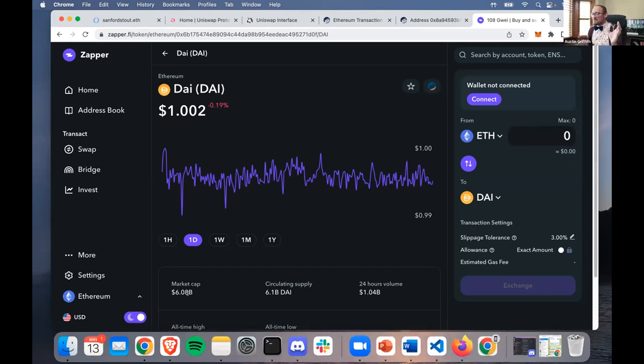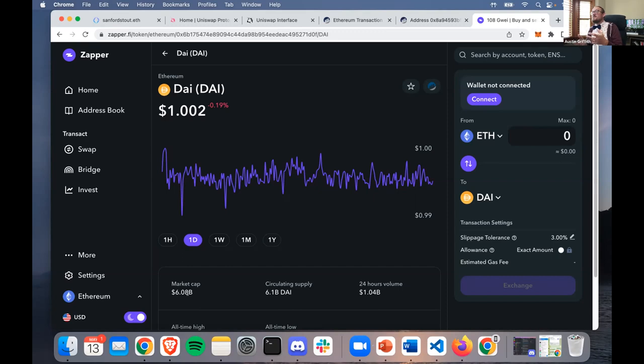Think of the price of something as basically supply and demand, right? If the supply is high and the demand is low, the price is going to be low. If the supply is low and the demand is high, the price is going to be high. Economics 101. So the first mechanism of keeping this coin stable is a minting and burning mechanism,